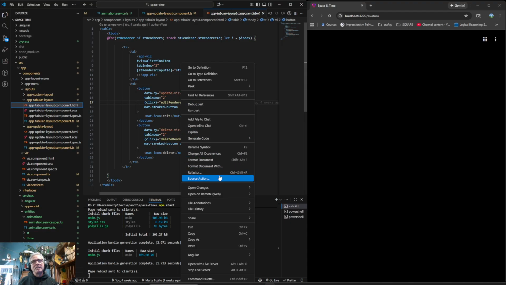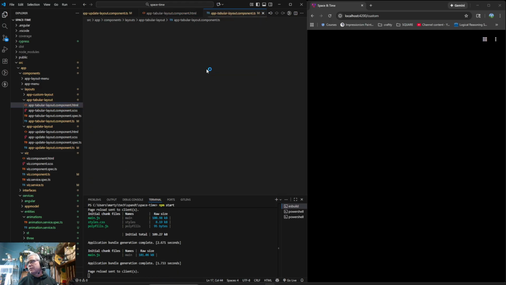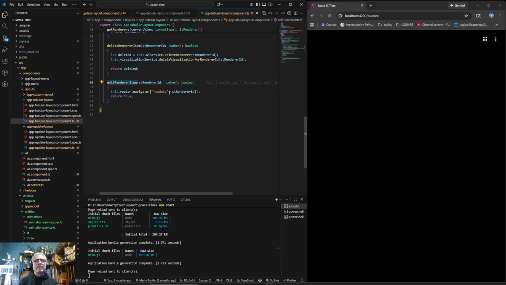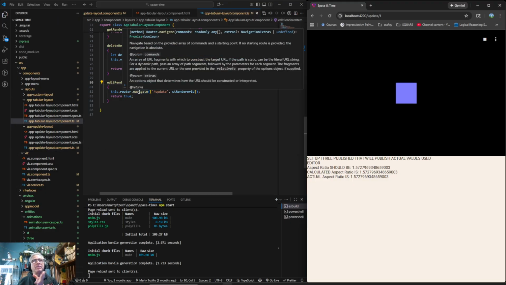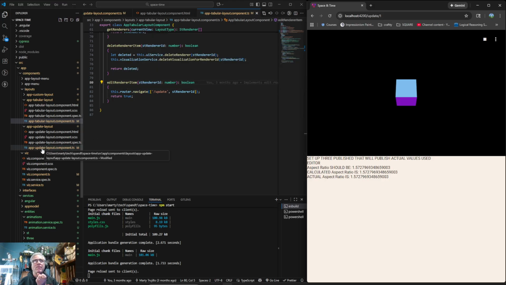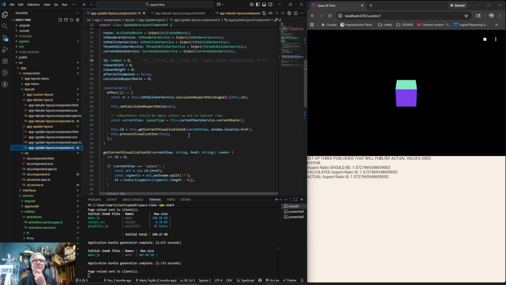I think you can go to implementation from here. Maybe not. Now we put the renderer ID up here. So when we add this, we go here, we go there. This is the renderer ID, not the visualization ID. So now we're changing the navigation, which then we're going to skip over some stuff and not step through, but in the navigation, it changes things so that this one becomes visible. And when this guy becomes visible,